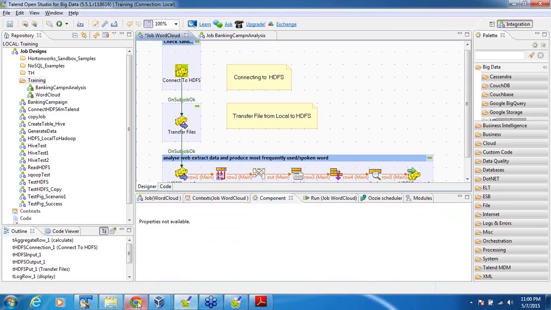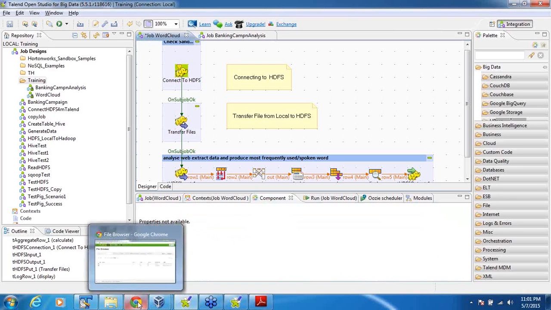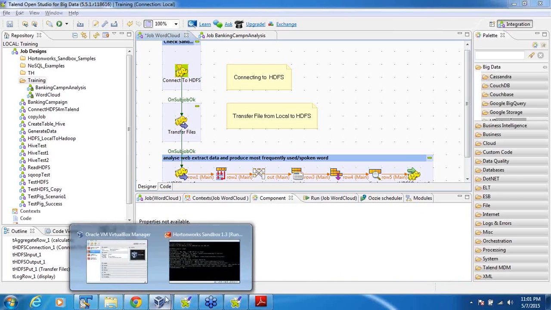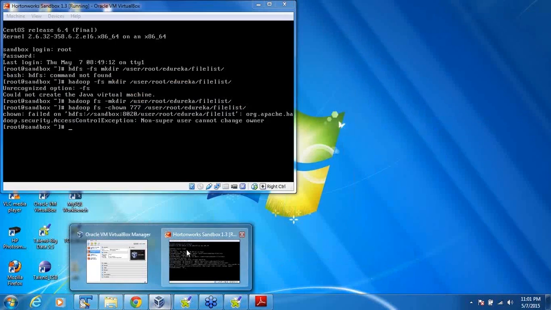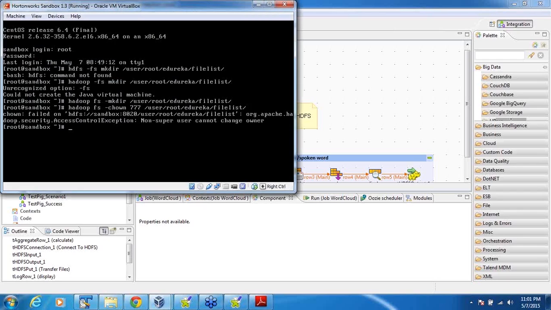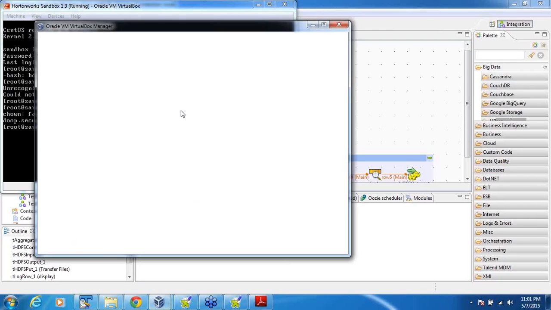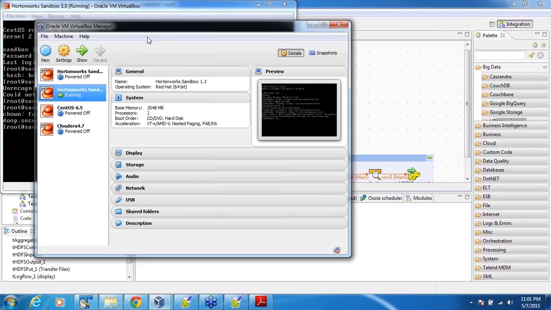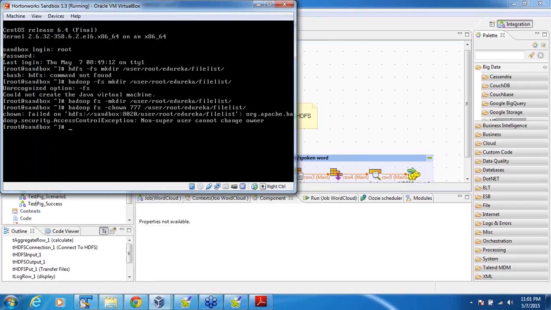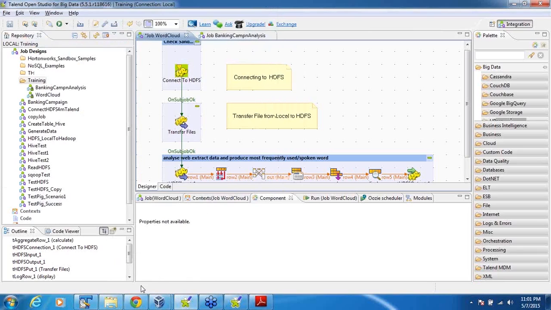I'll just show you quickly how you access the HDFS data. This is my Hortonworks sandbox 1.3. This is my command prompt, the Hadoop command prompt way, and I'm just using Oracle Virtual Machine. I'm using Oracle Virtual Machine Manager to make the Hortonworks sandbox up and running. This is the command prompt way of accessing the files. The same thing we can also access through